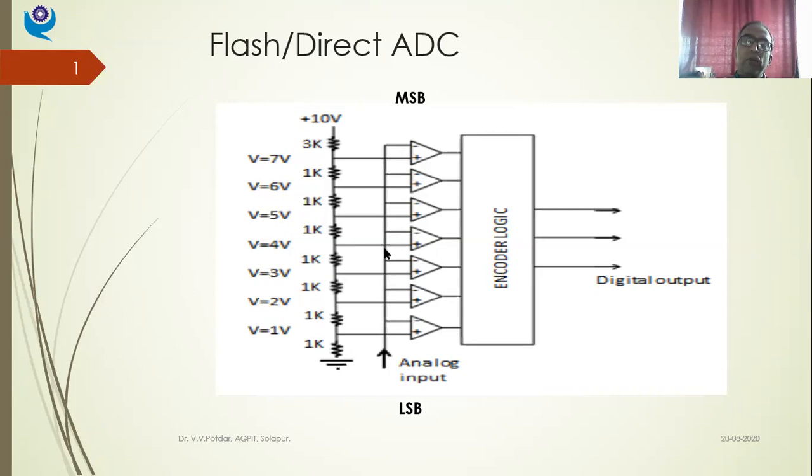So I have 3 volts here, isn't it? And my analog voltage is 2.5 volt. So once again it will be compared here. So 2.5 volt is less than 3 volt. So if it is equal to or more than the input voltage, then there will be yes or on. If it is less than the stipulated voltage, it will be off, or it will be no, or it will be 0.